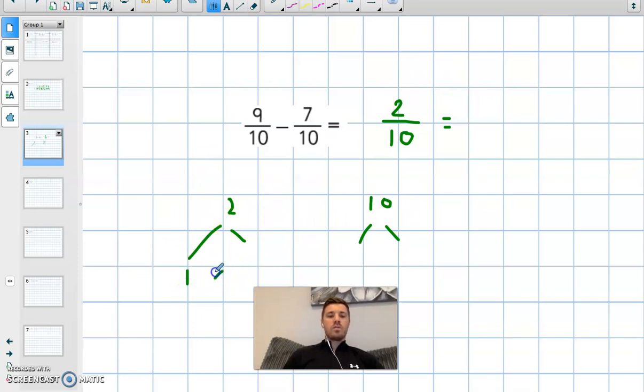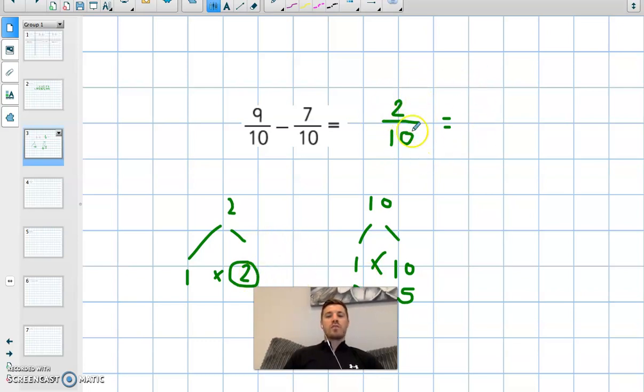So 1 times 2 are the only factors of 2. 1 times 10, 1 factor pair. We've got 2 and 5. They're the only 4 factors of 10. So the highest common factor, as we can see, is 2, because it appears in both of the factors for 2 and 10, and it's the highest one out of the lot. So we divide both the numerator and the denominator by 2, because it's the highest common factor,